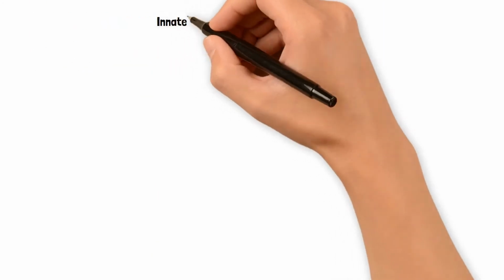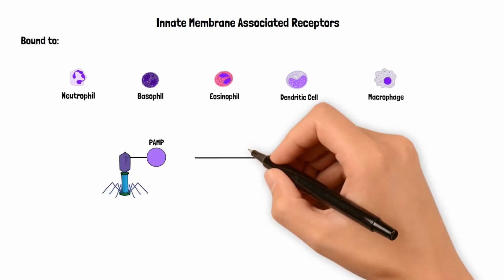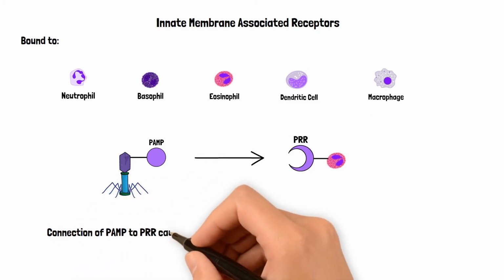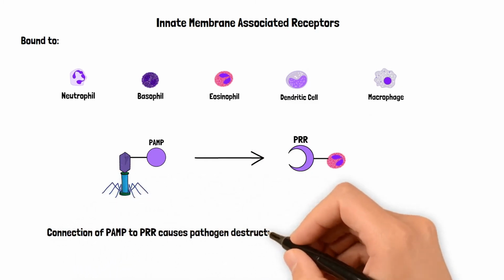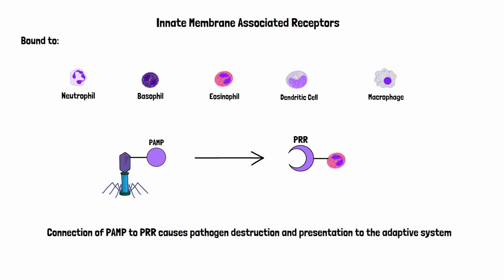The membrane-associated receptors for the innate system are bound to the neutrophil, basophil, eosinophil, the dendritic cell, and the macrophage. The PAMP on the pathogen connects to the PRR on the membrane of the immune cell. This connection can cause destruction of the pathogen and the presentation of the pathogen-specific antigen on the MHC2 molecules to the adaptive immune system cells. Another link between the innate and adaptive or acquired immune system is the MHC1 molecule antigen presentation by any nucleated